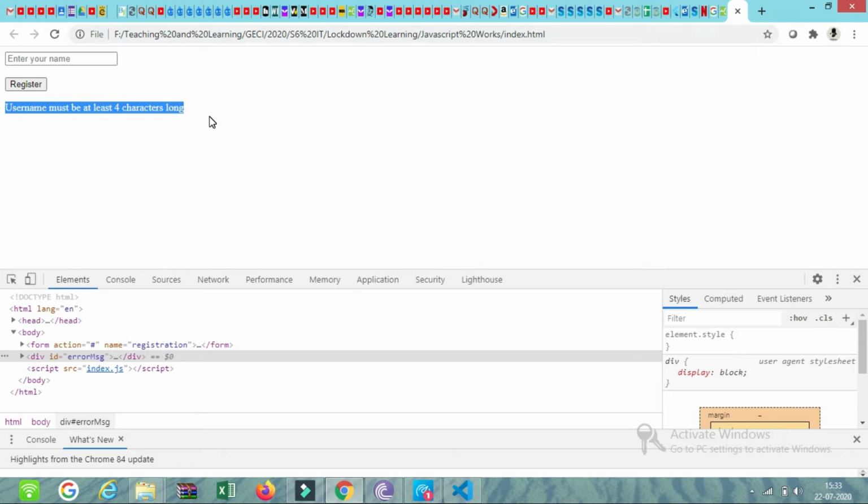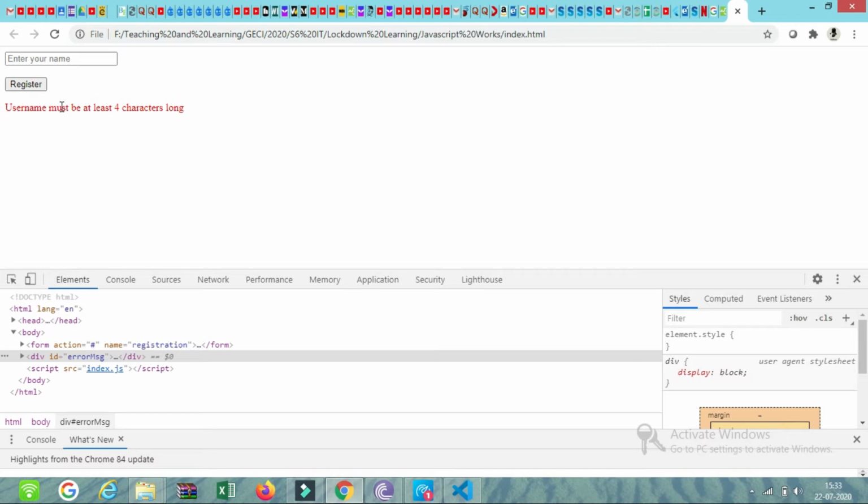There were 2 error messages present. One is enter username because that username field is empty, and then one is username must be at least 4 characters long. That means we can check that condition when username must be of 4 characters. But what happened here is the first error message doesn't get displayed.